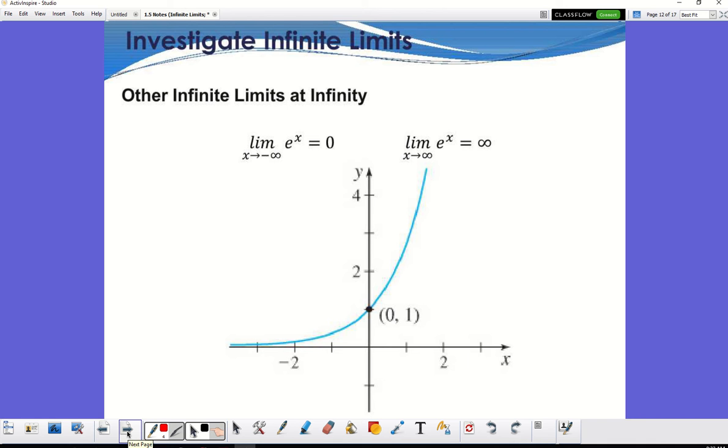If I take the limit as, this is super important too, because this is actually one of those identity things you're going to have to understand later on. You'll be like, oh yeah, I'm looking at it, I see it, I know it's that. So this is the graph of e to the x. As it goes to negative infinity, it's this way, which goes to 0. And at positive infinity, it is going to go to positive infinity. Why oh why are they going different directions?